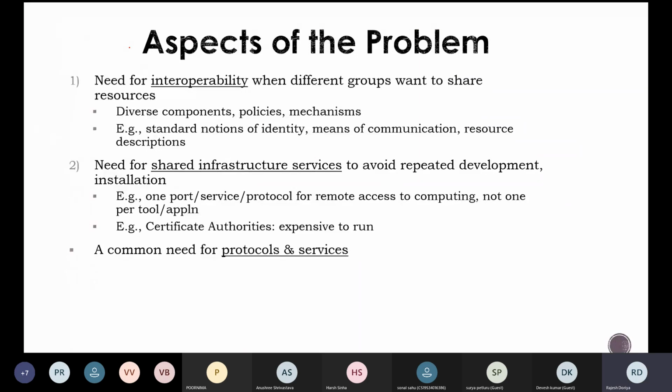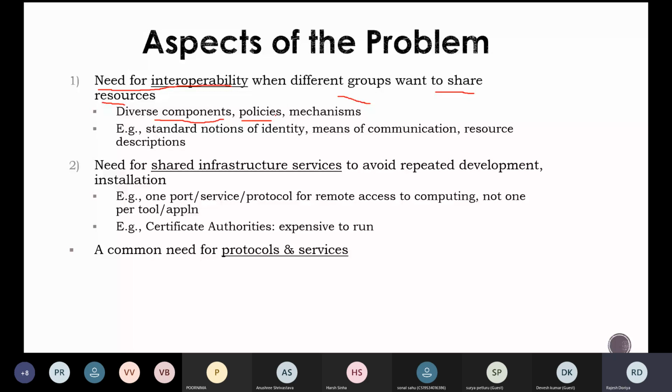Now if we talk about the aspects of the problem, then in the case of grid technology, we must think about interoperability, because there is a strong need for it, as different groups are going to work together, right? We have to see how the resources are going to be shared, how the diverse components are going to be handled, and how the different policies are going to be taken care of, since there are a number of organizations, and each organization has its own policies.